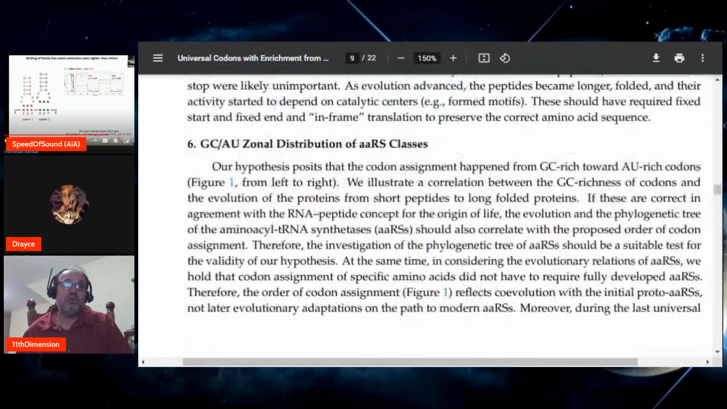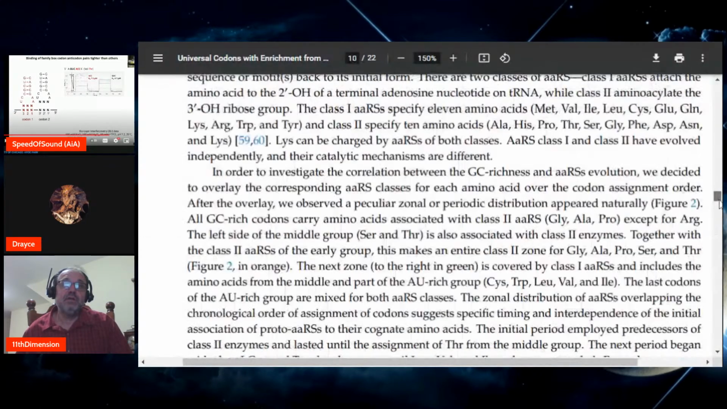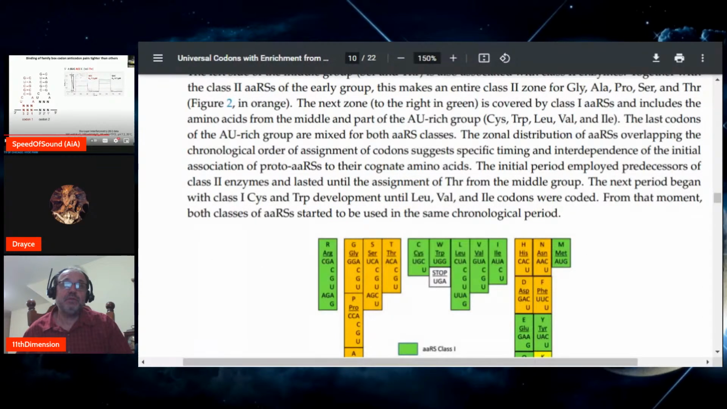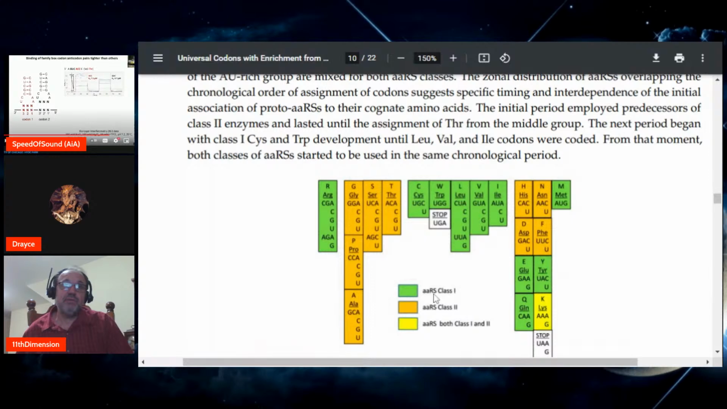However, the most interesting thing in this paper is the zonal distribution of the classes of the amino acid synthetases. If you see this particular picture, class 1 amino acid synthetases are here, and all of that here. Class 2 amino acid synthetases are here. See how wonderful a distribution you have of the assignment for the different classes of amino acid synthetases. And this is not something that can come by chance. It is amazing to see this zonal distribution because that shows you